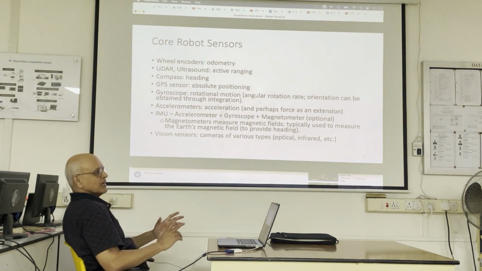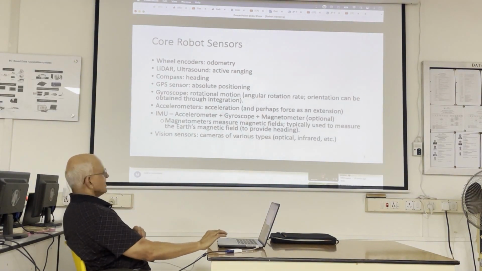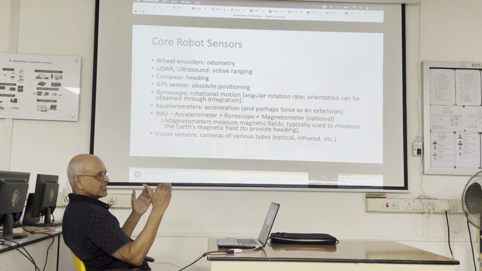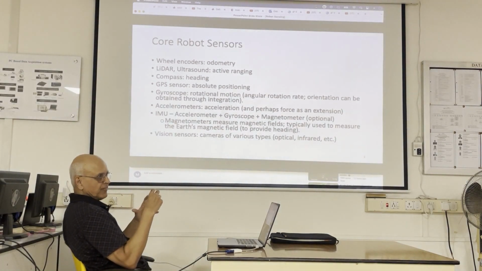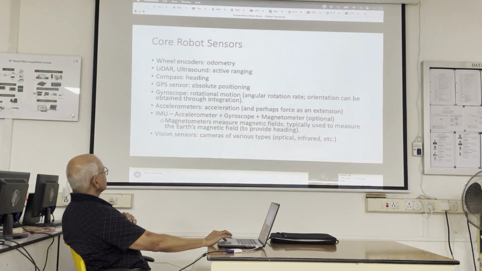So you saw a picture of the disc with patterns on it, which is the basis for odometry. When the wheel spins, it also spins, and it cuts off light. If you measure the pulses, you can get an idea of position as well as speed. Then you have LiDAR and ultrasound. They fall in the same category, though